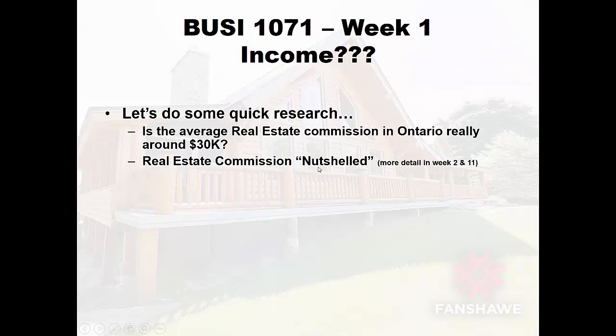The reason I'm bringing it up now is because you don't just get it all. So out of that 100 grand that they made, most of those realtors might have made somewhere between 140, even 190 or 200,000. And a big chunk of that went to the brokerage they worked for. Brokerages get a bite out of your commission in exchange for providing you services. We'll describe the way that works more in week 2 as well. So there's real estate commission, but you're not going to get it all. And it's not like 10% or something crazy like that.